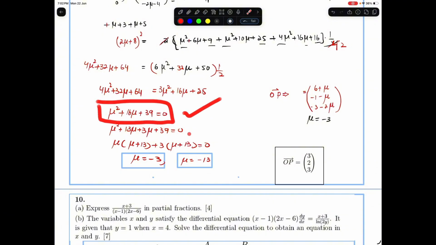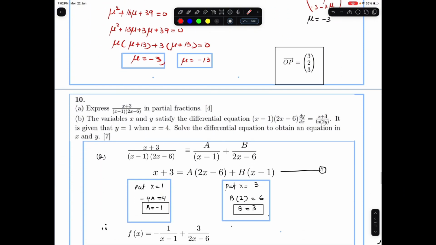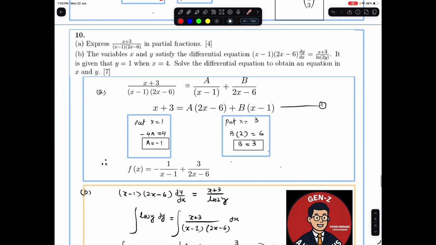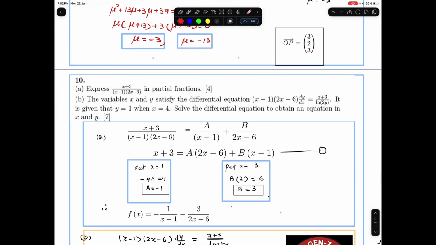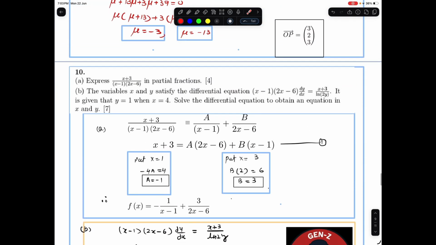ये इसको हम सॉल्व कर देंगे तो हमारे पास लैम्डा की 2 वैल्यूज़ आ रही हैं, लेकिन वी विल बी यूजिंग लैम्डा इज इक्वल्स टू -3। तो यू विल बी गेटिंग 3, 2 और -3। So this was the question related to the vector, or the question number 10. I guess this is the last question, or this is what partial fraction or differential equations का।